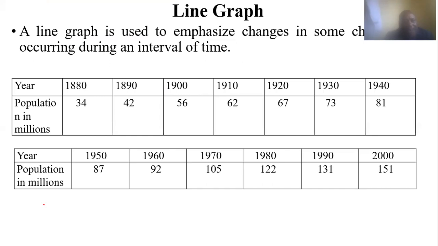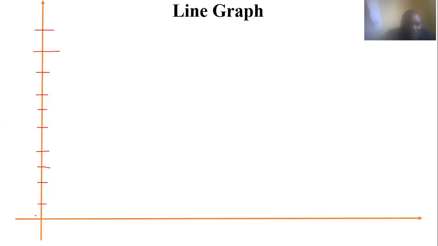The highest is 151 and the lowest is 4. So we're going to have 0 as our starting point. Then let's use an interval of 10. So we have 10, 20, 30, 40, 50, 60, 70,